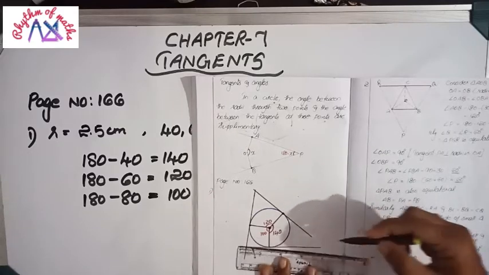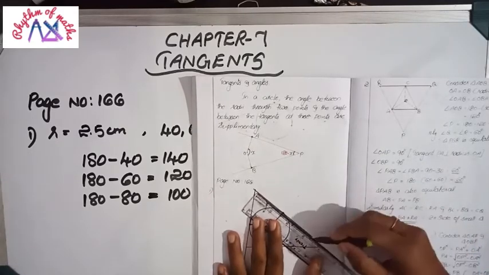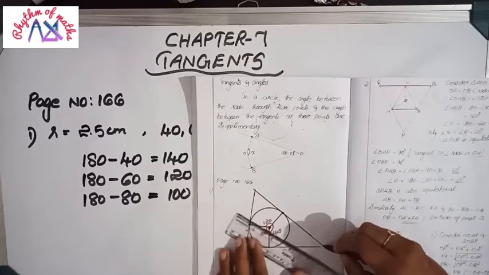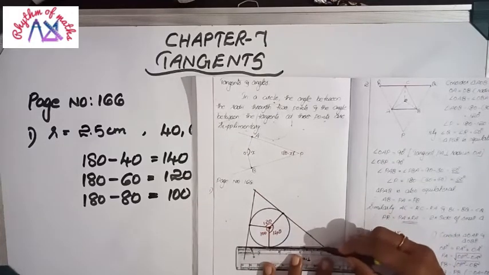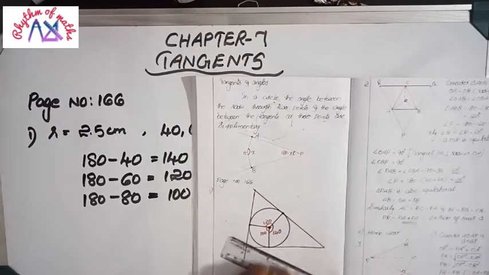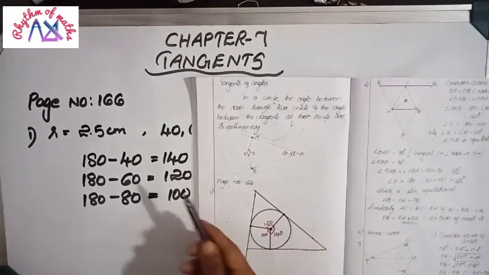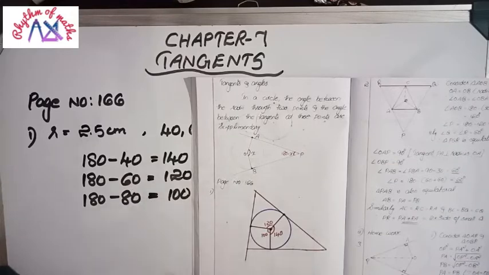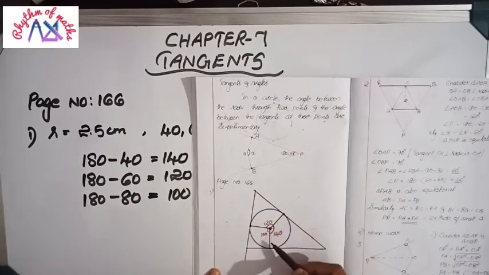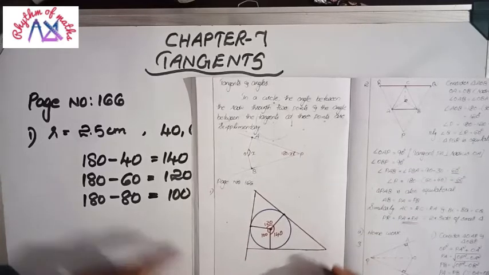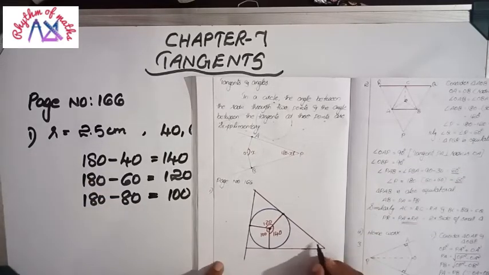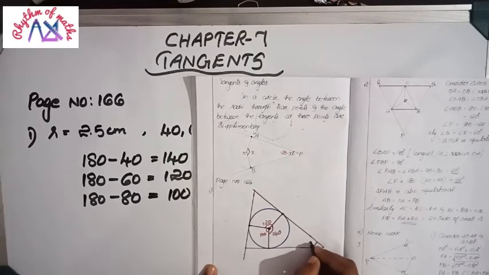So using a scale, just extend the line. Here also just extend the line so that it touches. So this is the triangle. Here you can see we need what angles: 40, 60, 80. So 140 degrees in the radius part, two radii. The opposite angle, the tangent joining angle, is 40 degrees. 180 minus 140, 40 degrees.